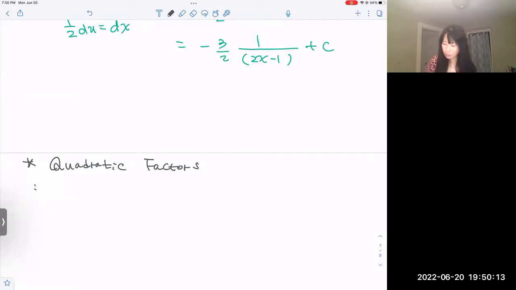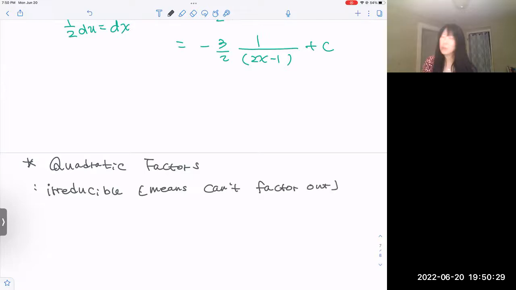Irreducible means that we cannot factor out, right? We cannot try out every single number, right? Then how do we know this is irreducible? Then we check